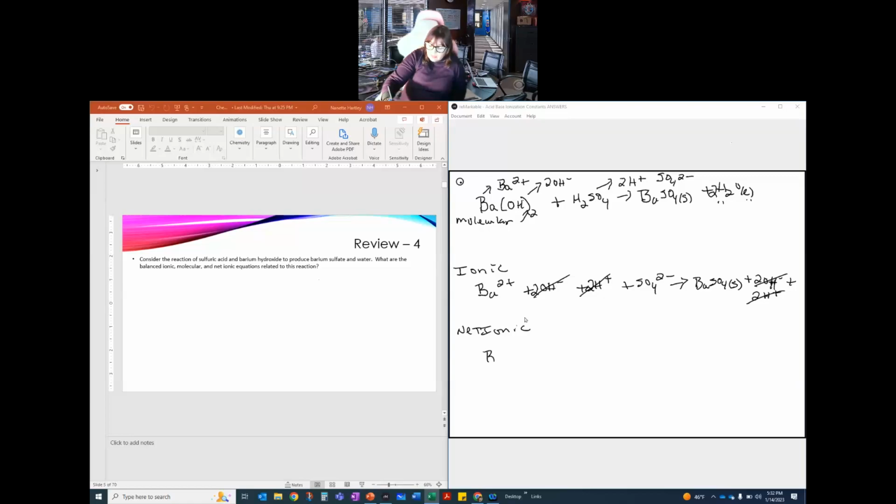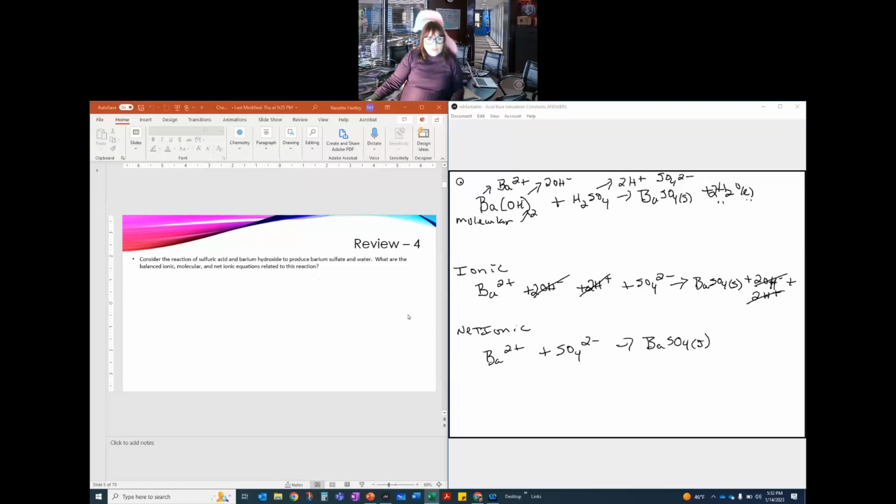So I should have Ba2+ and SO4 2- going to BaSO4 solid. Okay? So those are the three types of equations that we talk about. Sometimes you'll get asked about one of these. It may not be all of them. So you should know the difference between them. So it's important that we know how to do all of those, okay, and how to make sure that they're